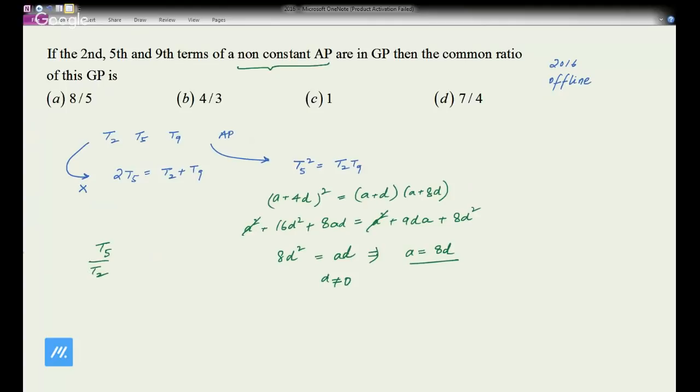T5/T2, ठीक है, T5/T2 अगर करते हो तो T5 क्या है भाई आपका, A+4D, और ये है A+D। अब A की वैल्यू आपको पता ही है, तो ये हो गया 12D, और ये कितना हो गया नीचे 9D। सो दिस इज नथिंग बट 4:3। B इज द आंसर। वेरी सिंपल, गॉट इट गाइस।